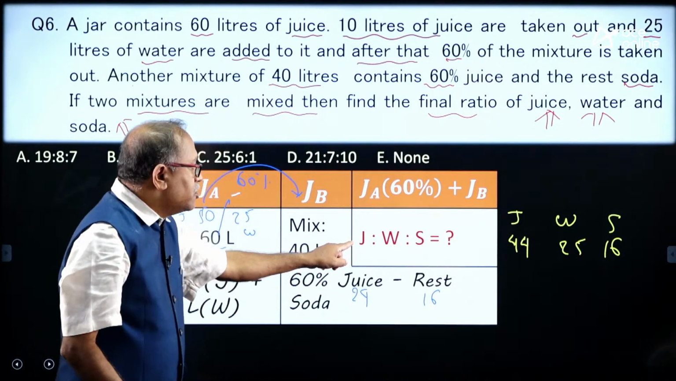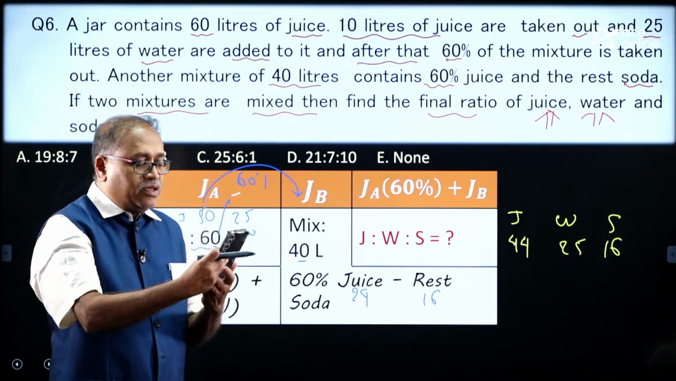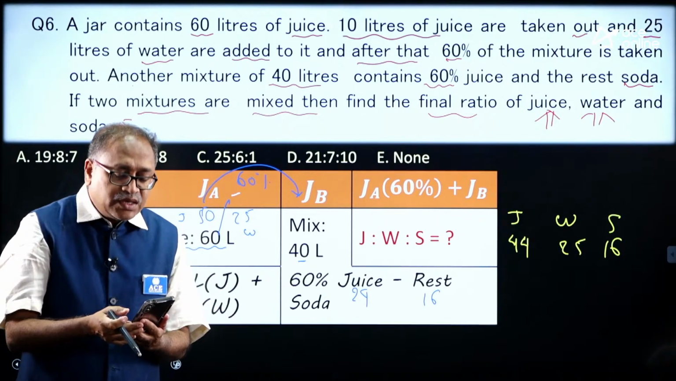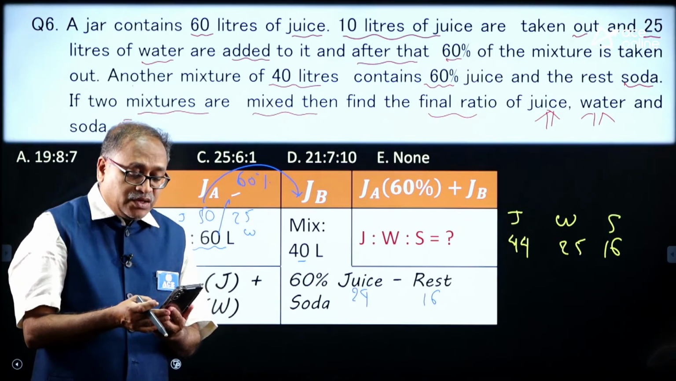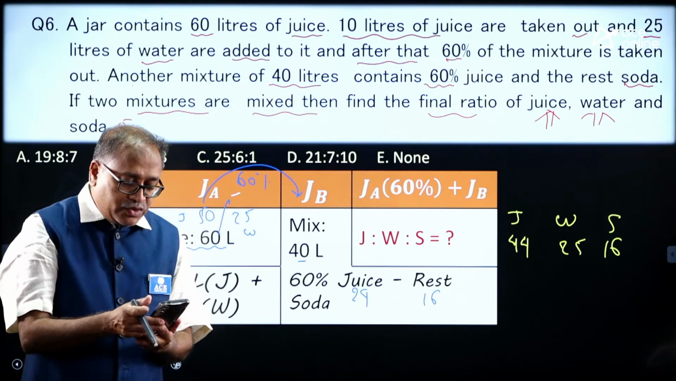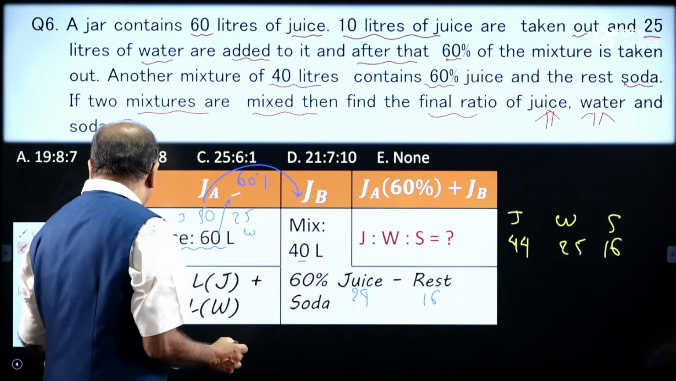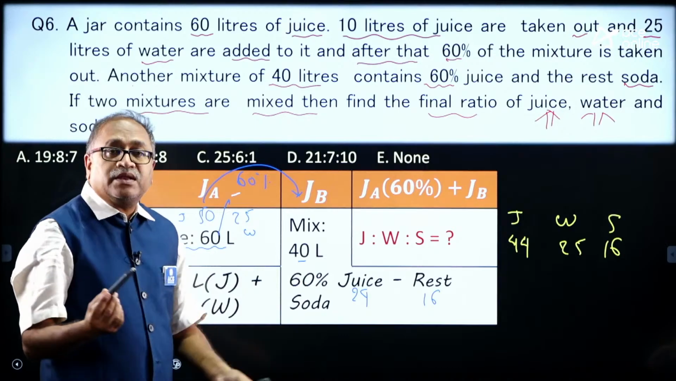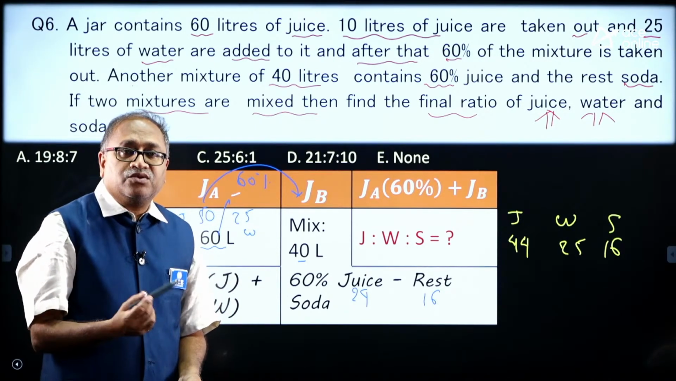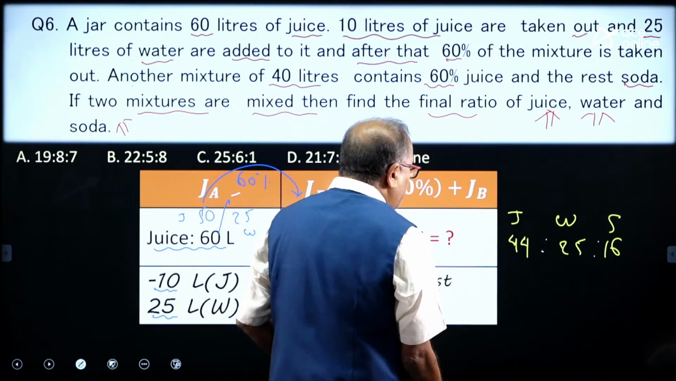So, please take the order: juice, water and soda. Can you please tell me, my young friends, what could be the answer? I have done almost everything in order to make you understand the question. Come on, I think I am not able to see the comments. Okay. Anyhow, I have the ratio over here, that is 44, 25 and 16. 44 and 25 are co-prime, it can't be cancelled, 25 and 16 are co-prime. So, my ratio has to be 44 and